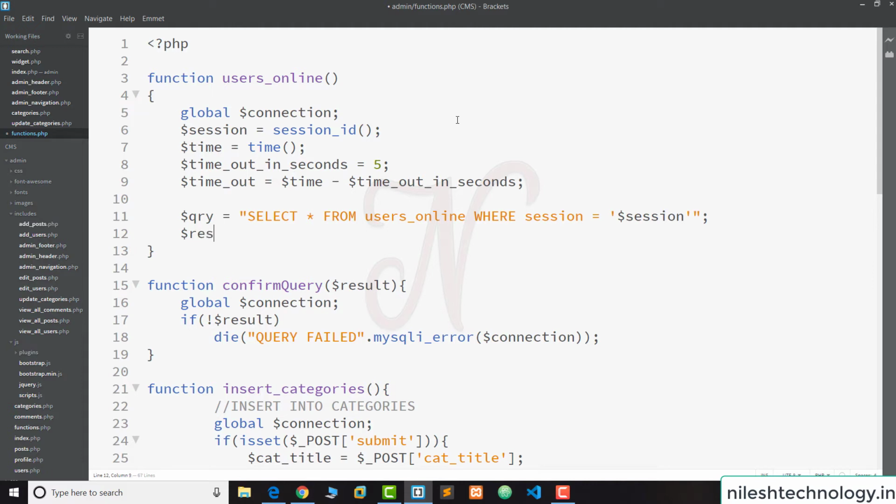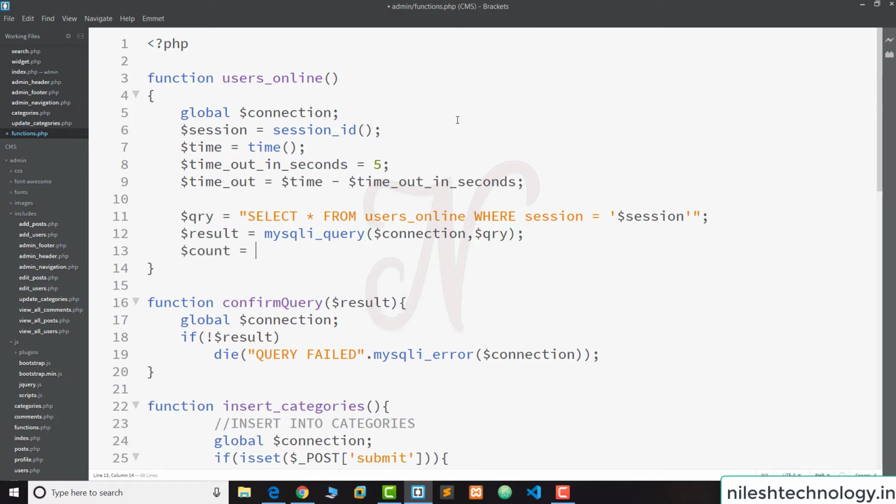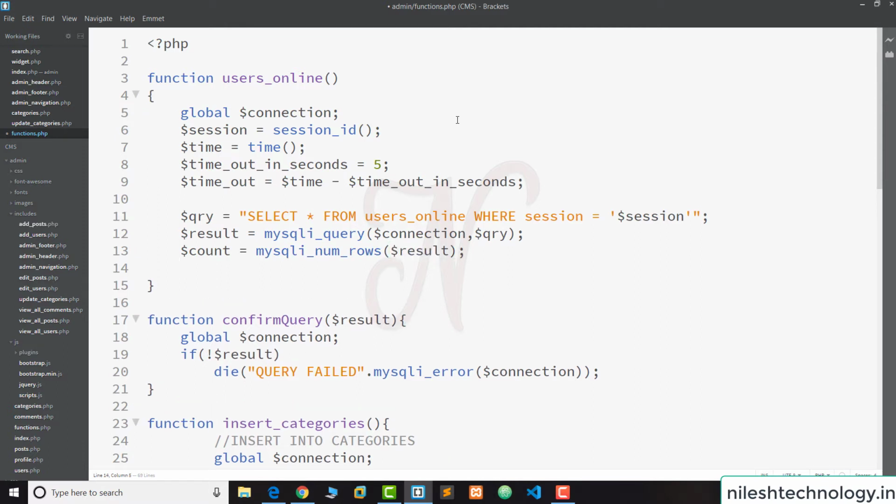First we execute this query. $result equals mysqli_query, the first parameter is the connection and the second parameter is the query. Then we get the count using the mysqli_num_rows function to find the number of rows in the table, and store it in the $count variable.